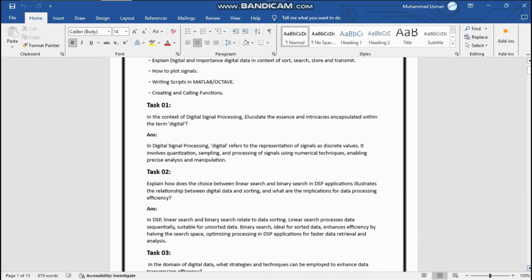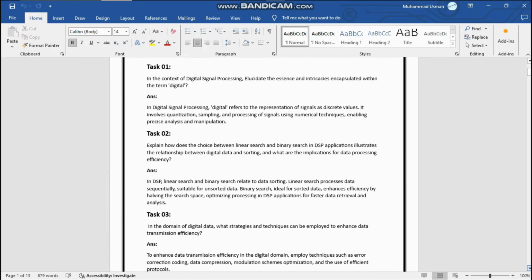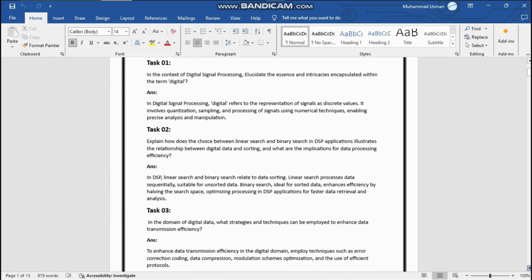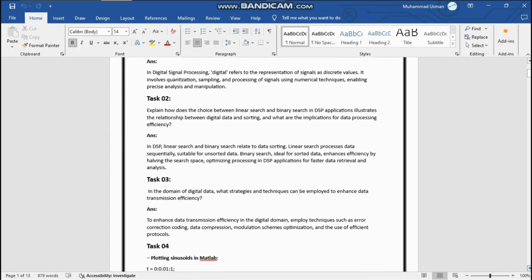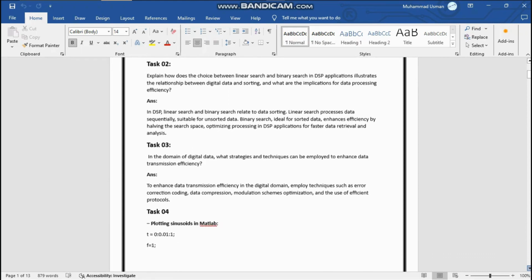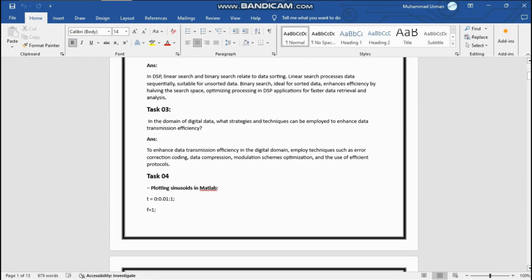Task 2. Explain how the choice between linear search and binary search in DSP, as you can see. In DSP, linear search and binary search relate to data sorting. Linear search processes data sequentially, suitable for unsorted data. Binary search is ideal for sorted data, enhancing efficiency by halving the search space, optimizing the process in digital signal processing applications for faster data retrieval and